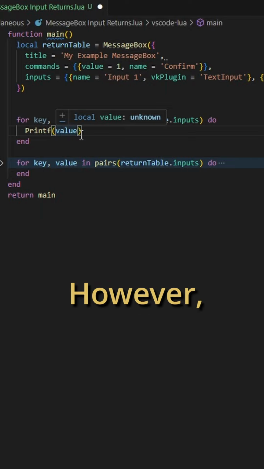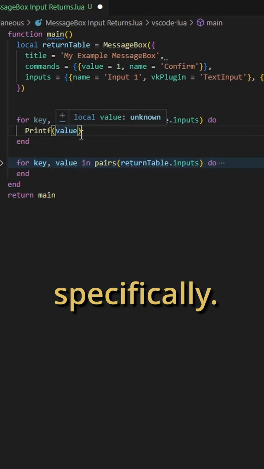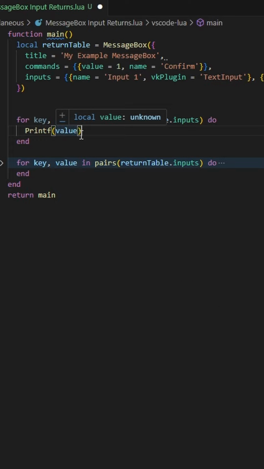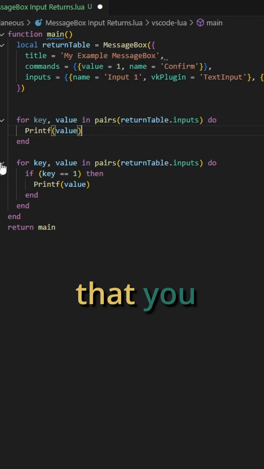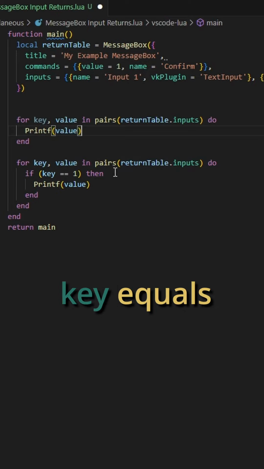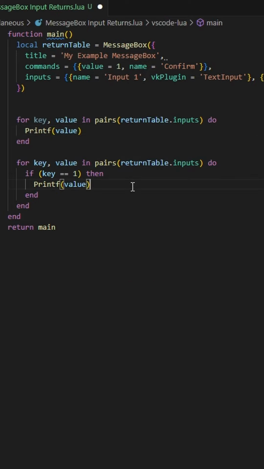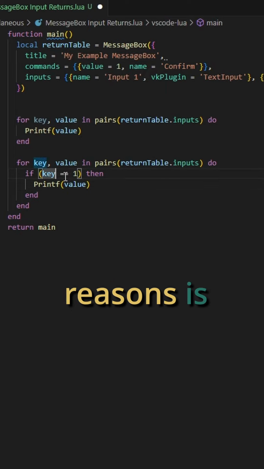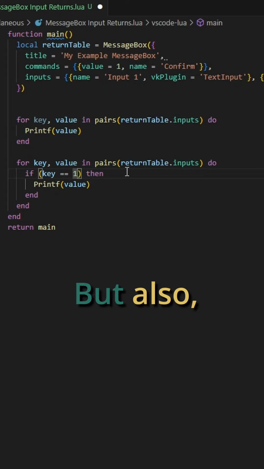That is great. However, there are two problems with this. For one, you might want to get one value specifically. For another, these values are not returned in the same order that you put them in. For some reason, the values are returned in a random order. Now you might think that you could do if key equals 1, then printf value. Unfortunately, that does not work either for multiple reasons, but one of these reasons is that the key isn't 1. The key is the name, which is input 1, but also